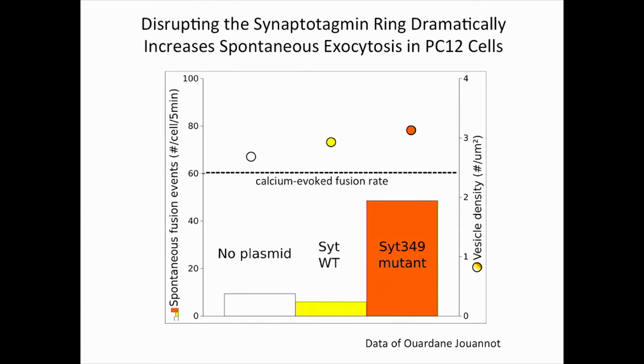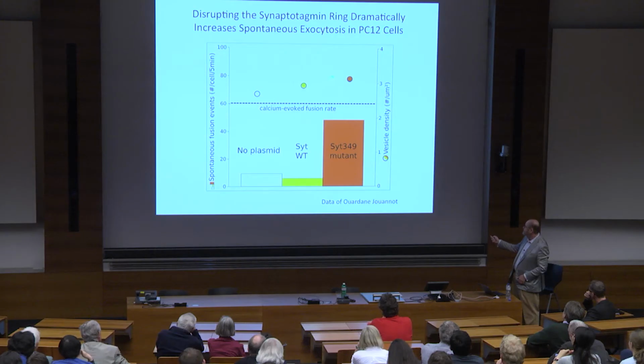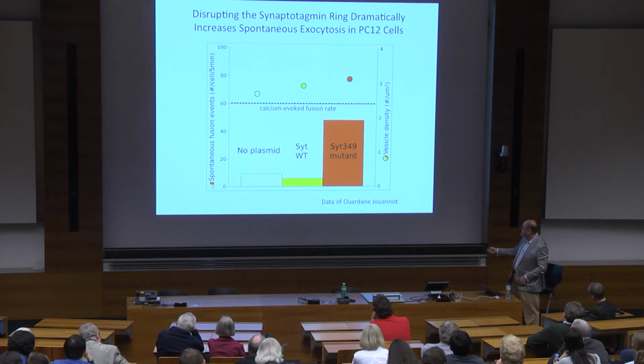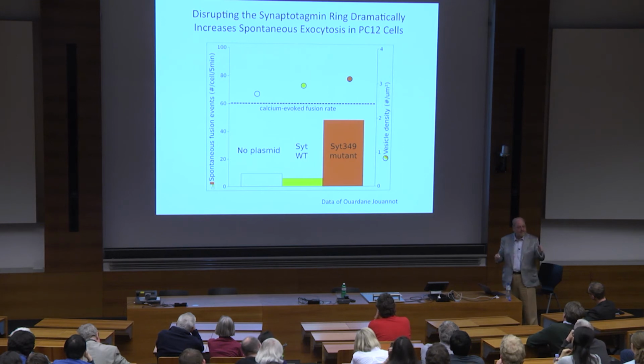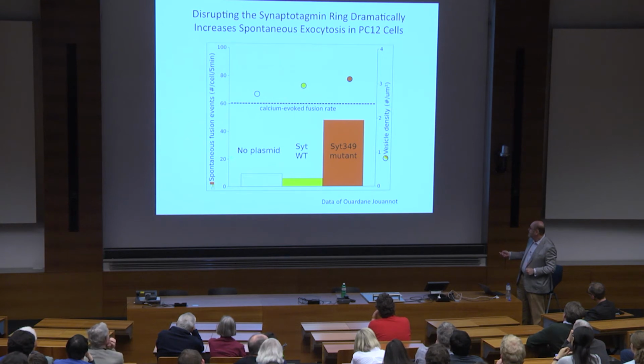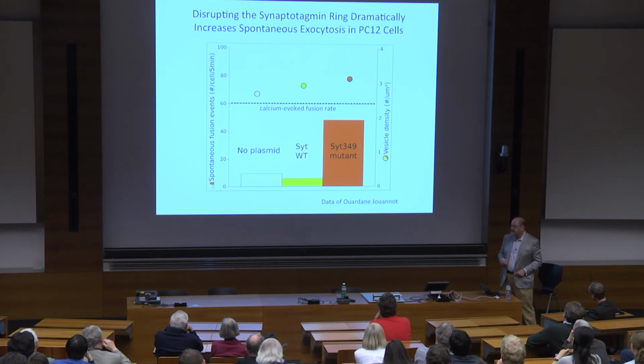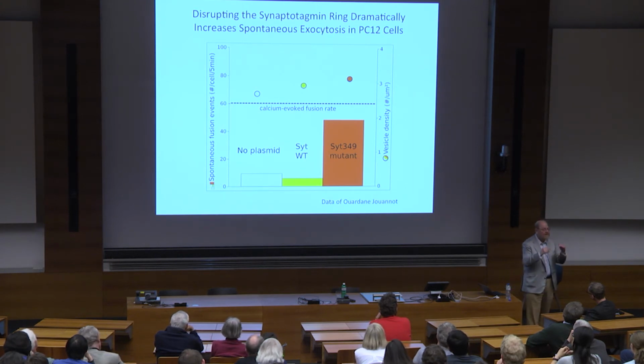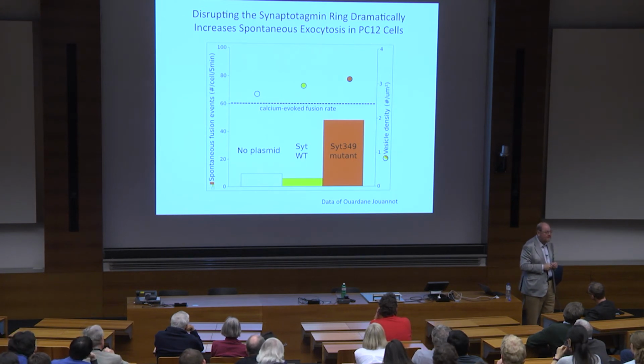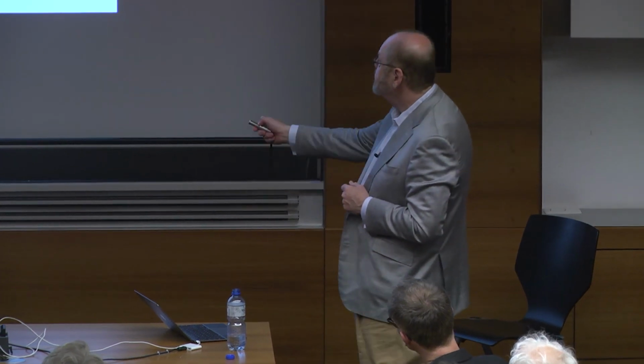What he's measuring here are several things. He's measuring the number of vesicle fusion events, let's just start with this, that occur spontaneously. That means before depolarizing the cells. And he's measuring the number of vesicles that are docked to the plasma membrane. And the number of docked vesicles has been measured both by TIRF optical microscopy and also by electron microscope sectioning. So we have very similar numbers. These happen to be the TIRF numbers.